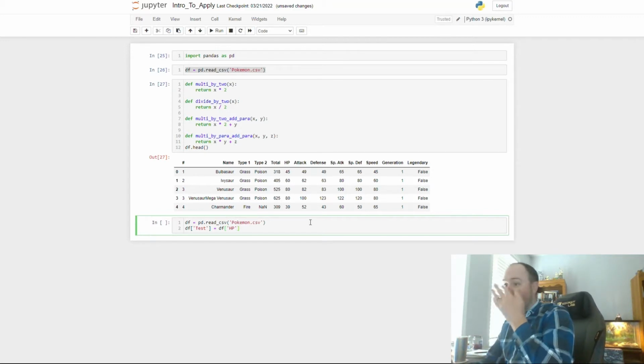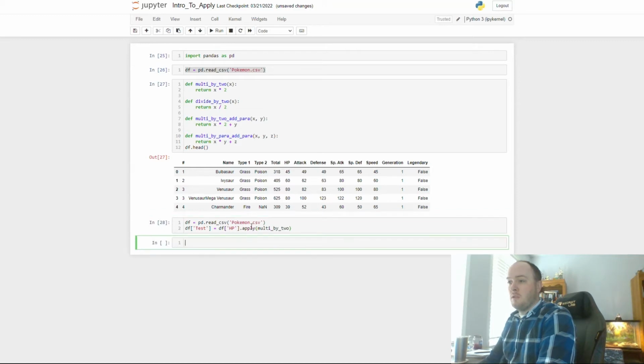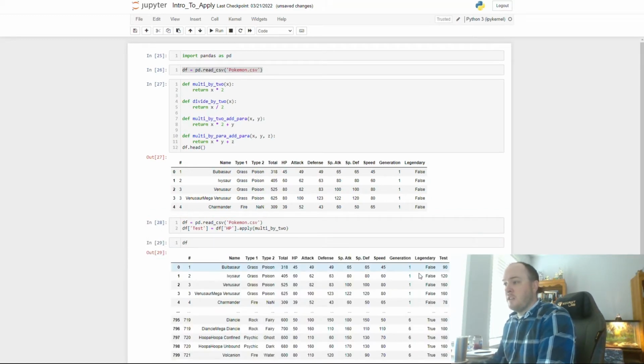We're saying we want to make a new column called test by taking the HP column of the data frame and applying the multiply by 2 function. All right, so we can see here that we have a test column, which is literally just double the